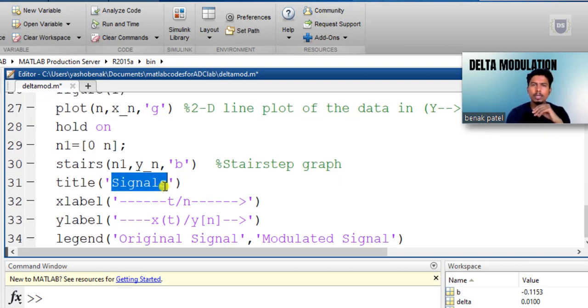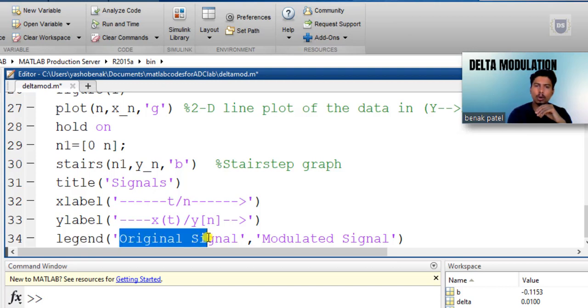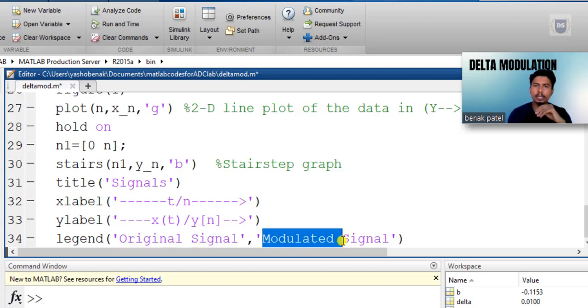So let this window be titled as signals, where let's make use of xlabel as either continuous time or discrete time, and ylabel as xt/yn, because the y-axis indicates both our analog signal as well as the delta modulated signal, where yn indicates delta modulated output, and let's make use of a corresponding legend, which indicates original signal or the message signal or the analog signal, followed by modulated signal, and here modulated means specifically delta modulated signal.